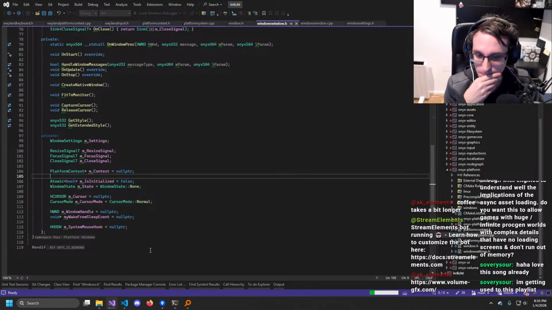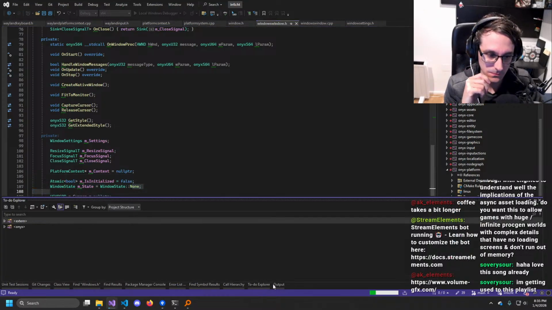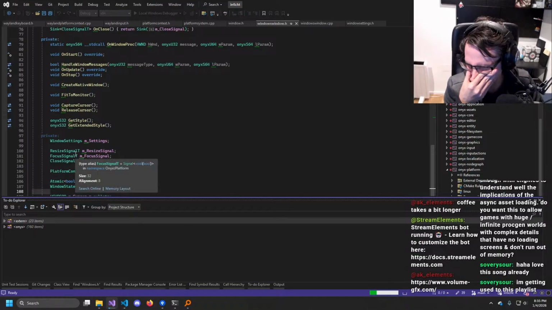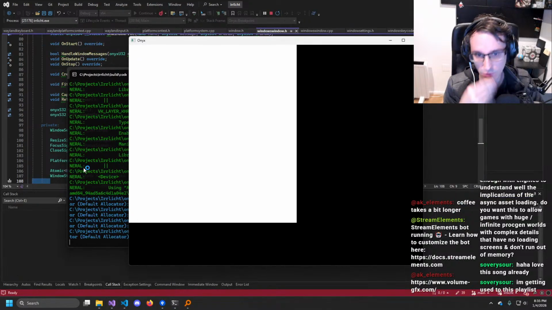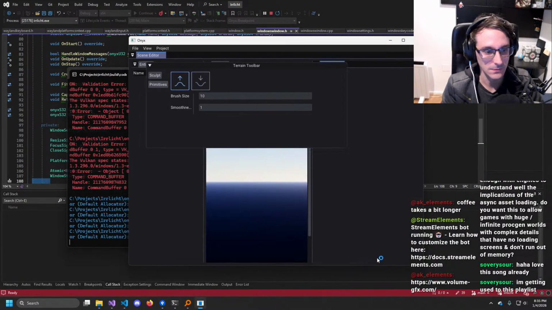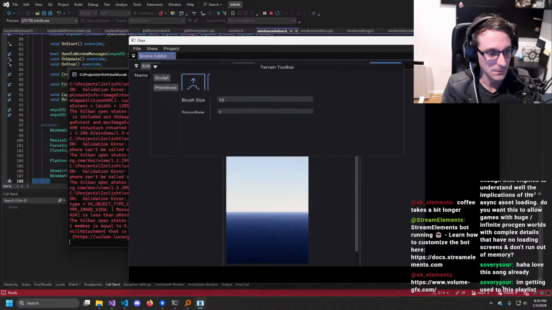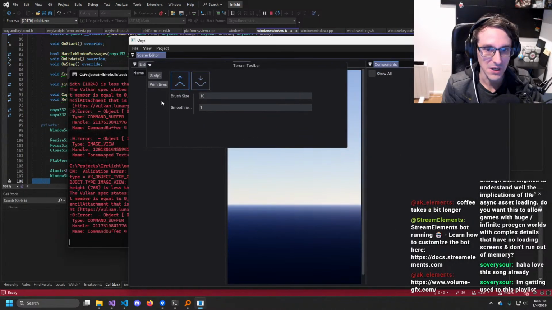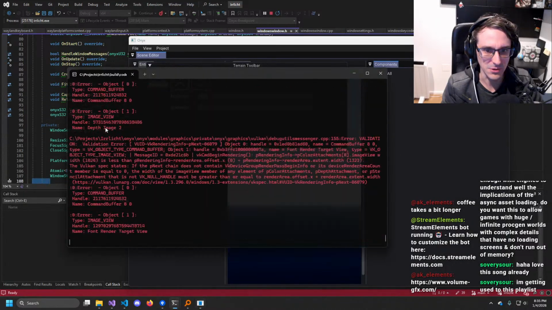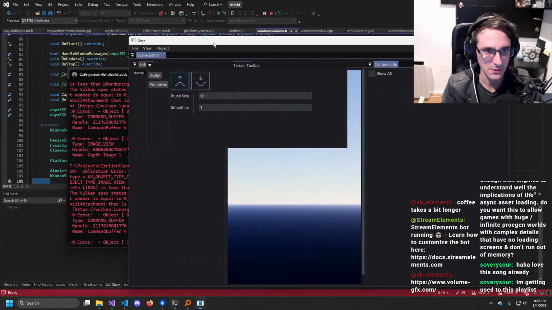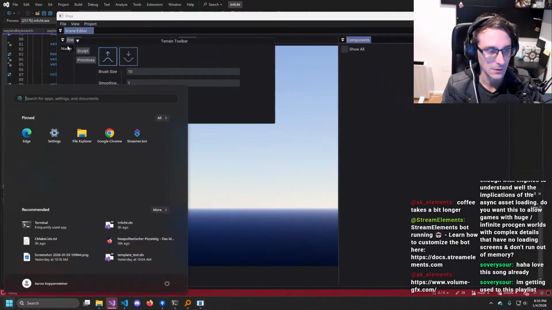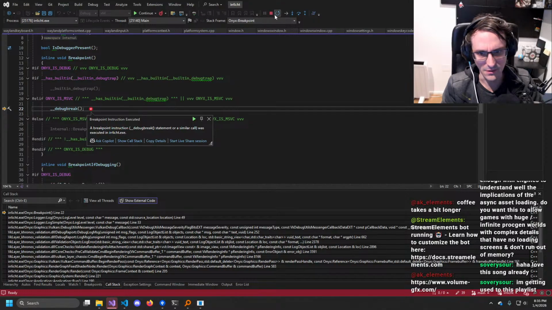Let's find out. ImGui is definitely broken, right? The resize. Actually, it's maybe not that broken. I mean, it's kind of broken, but